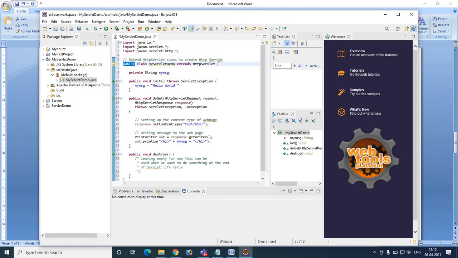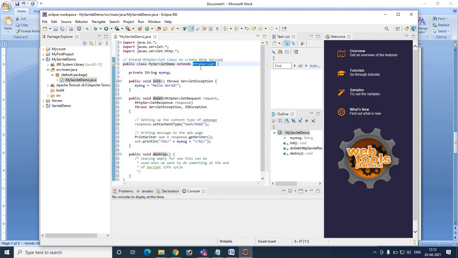So public class my servlet demo, which is our user defined class name. We have to extend this class, we have to inherit it from the base class, that is HttpServlet.